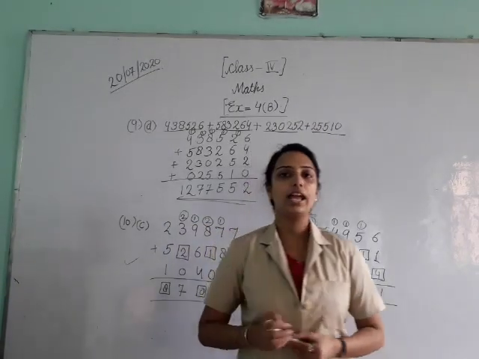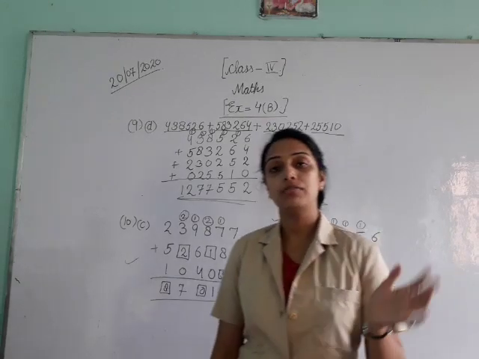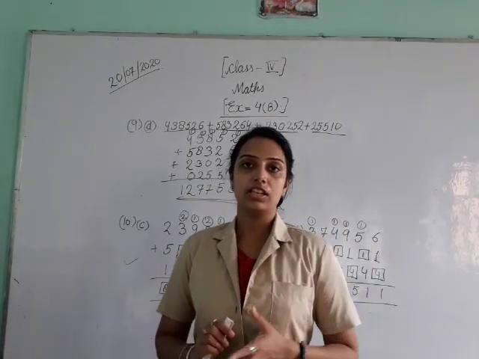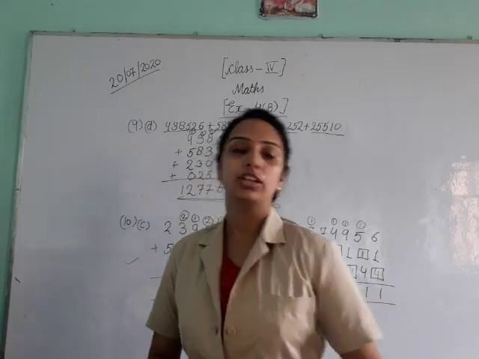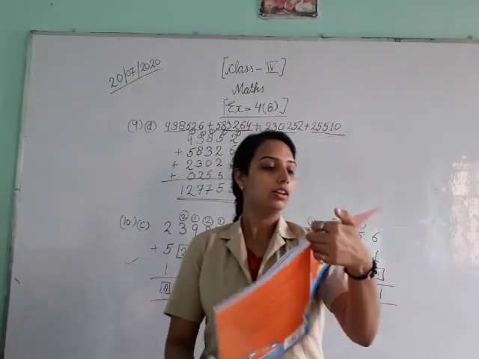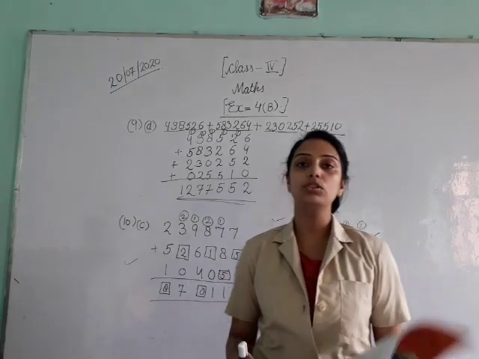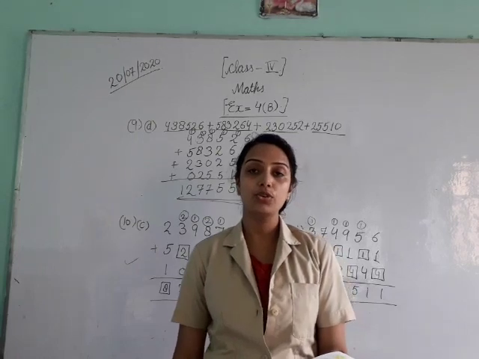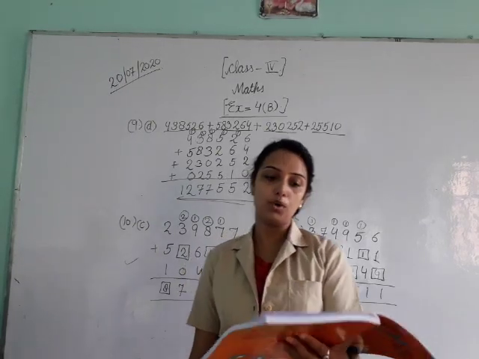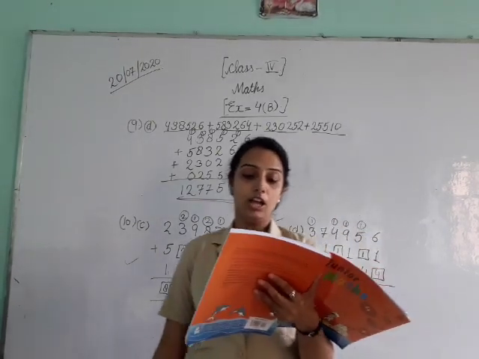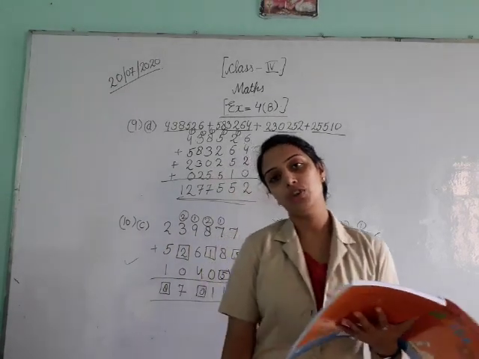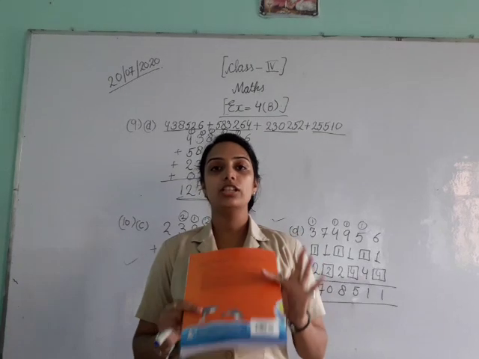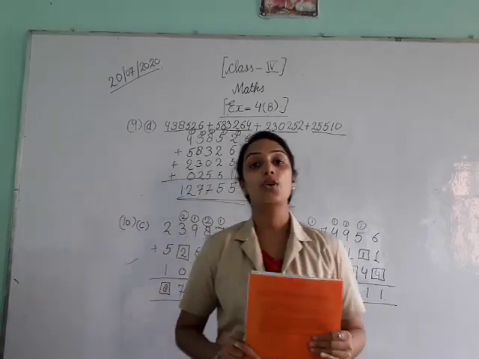Okay? Once again I am telling what we have to do in the book. The questions, if enough space is given, then those questions you have to do in the book. For example, first, second, third and fourth you can do in your book only. Then fifth part you have to do in your notebook. Sixth in book only. Seventh also, eighth also. Then from ninth question fully you have to do in your notebook, and 10th in your book. Understood? So this was your exercise number 4th B.